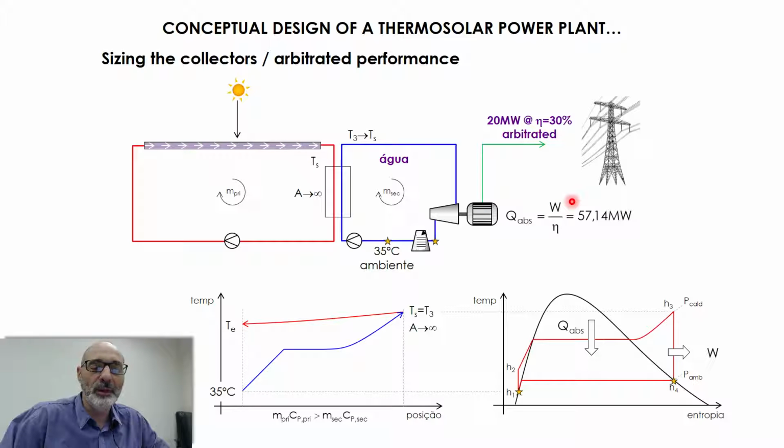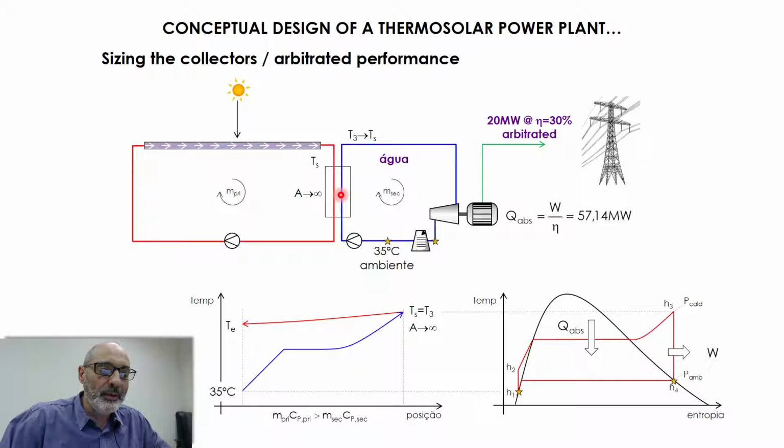Efficiency is equal to the surplus power divided by the heat absorbed from the hot reservoir. So dividing 20 megawatts by 0.3, I get 57.14 megawatts. So this amount of energy